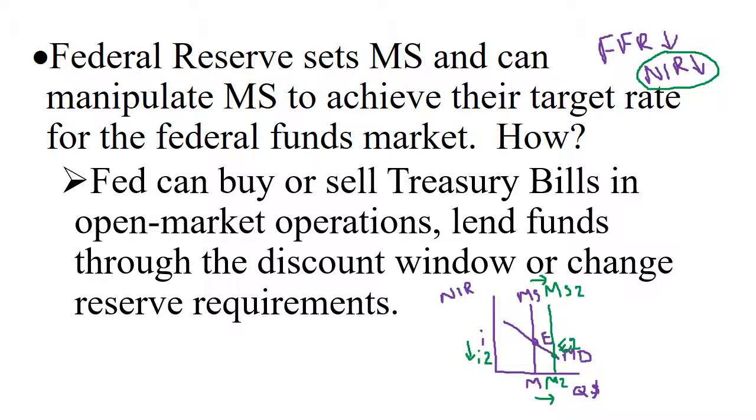increase money supply? So the first one, the Fed can buy or sell treasury bills in open market operations. Buying equals bigging. So if we buy more T-bonds, that gives excess reserves to those commercial banks. Commercial banks can use that excess reserves to loan out money. That will create more money. The money supply can increase.